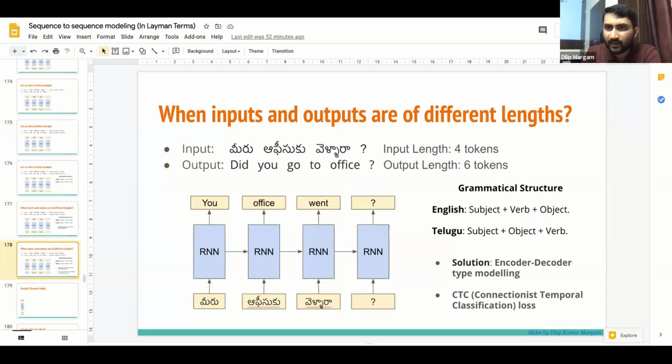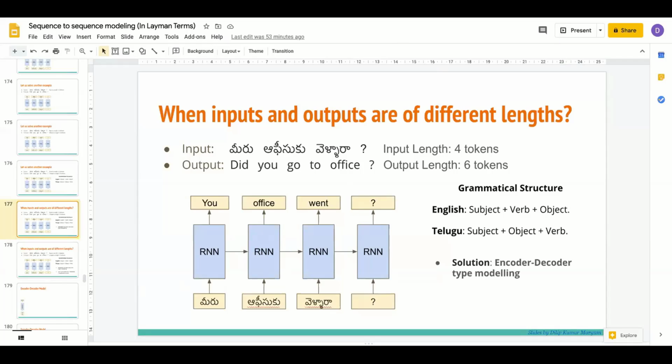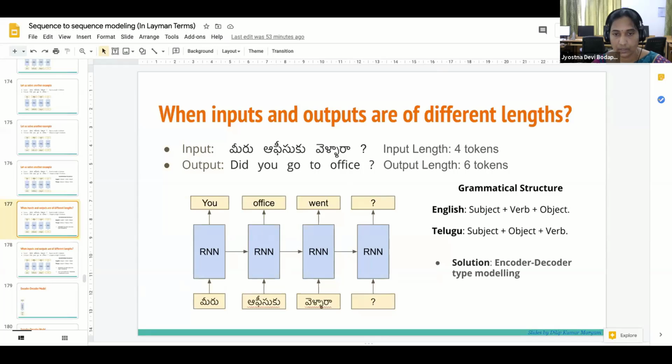Do we have any more questions? Okay. Madam, there is also one more question. Yes, sir, I'll read it out. Shall I read, or can you see the questions? You can read it.